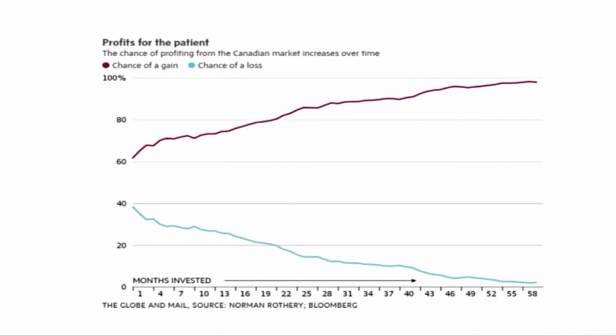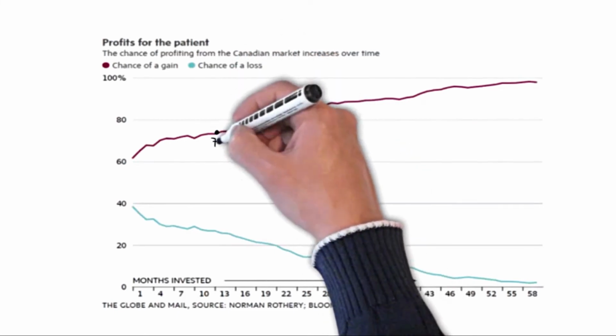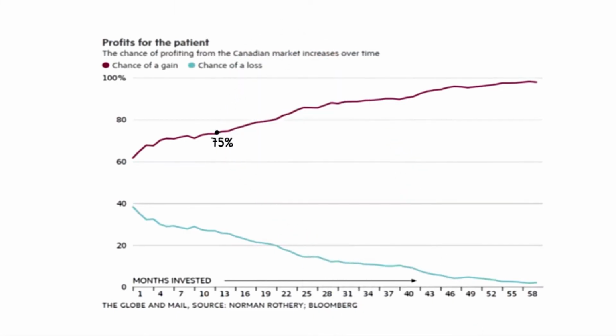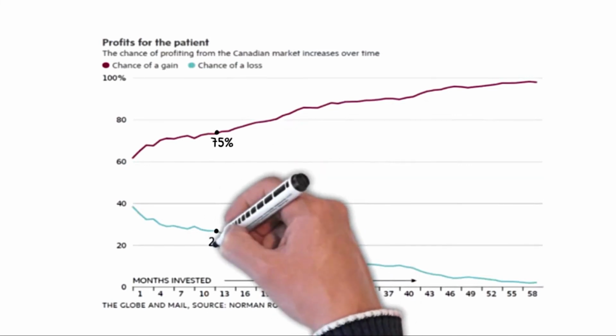At the end of the day, when our clients give us money to invest on their behalf, we want to make sure that they end up with a good positive return when they withdraw that money in the future in order to spend it. Therefore, we always ask clients what the purpose of their money is and when they think they may need to spend it. As this graphic shows, the odds of obtaining a positive return when investing in Canadian stocks for a 12-month period is about 75%. Conversely, the chances of obtaining a negative return is about 25%.